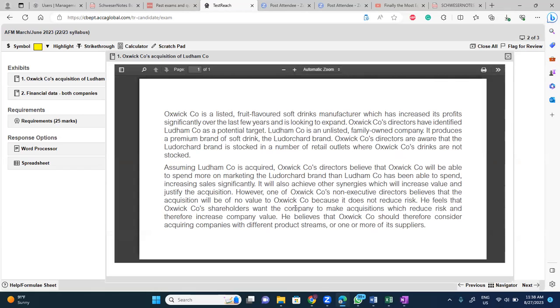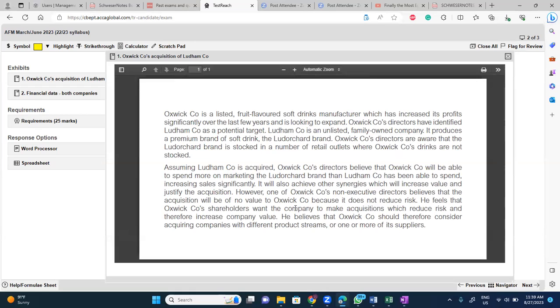Ludem is an unlisted family owned company. It produces a premium brand of soft drink, the Luderchart brand. Oxwick company directors are aware that the Luderchart brand is stocked in a number of retail outlets where Oxwick company drinks are not stocked. So you can have a cross synergy